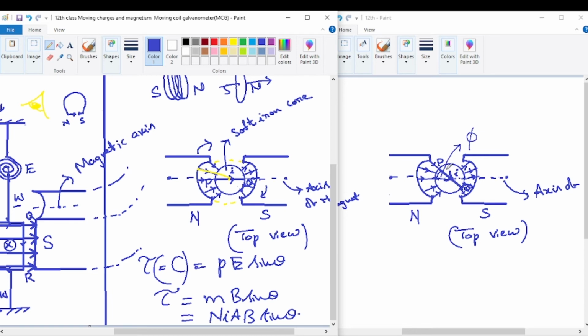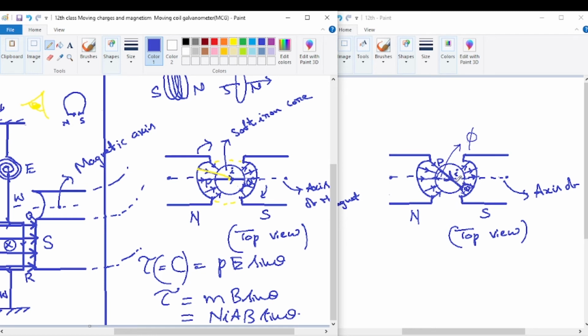So now once it gets deflected, what is happening is, even after deflection, just see here, the plane of the coil is still parallel to the field. Now that's the advantage of the radial field. Radial field automatically means that even after deflection also, initially, before passing the current, the plane of the coil was parallel to the axis of the magnet, circular magnet. Even after deflection, see the plane of the coil PQ, it is still along the radius, that is radial field. So still it is parallel to the field.